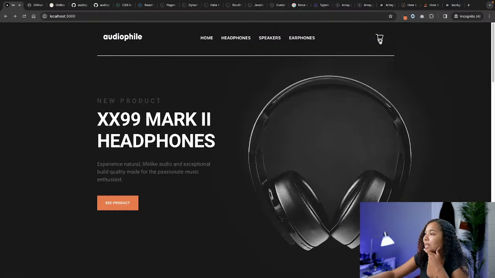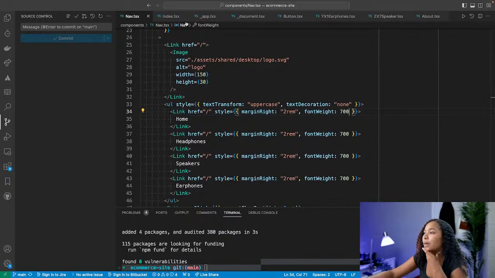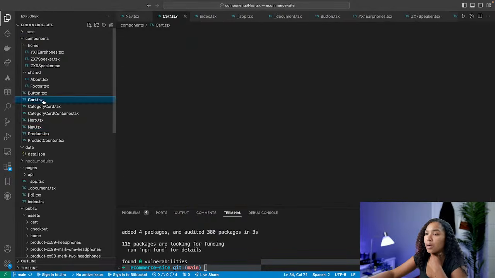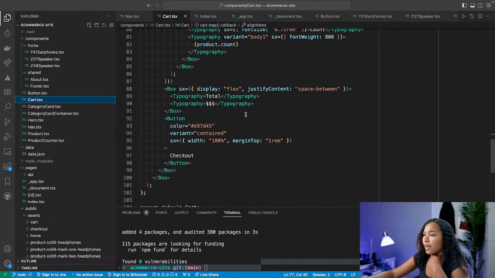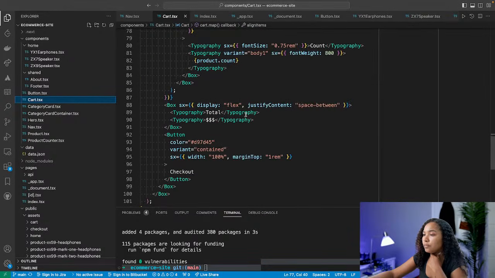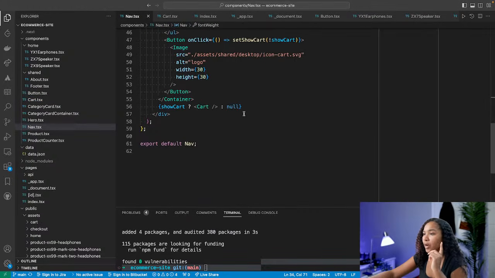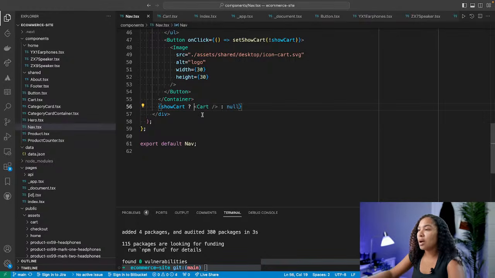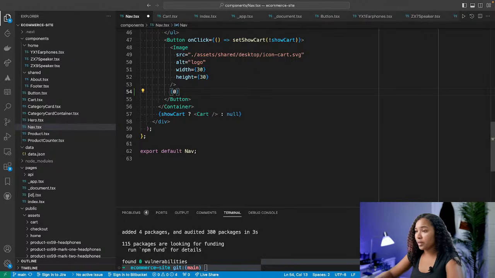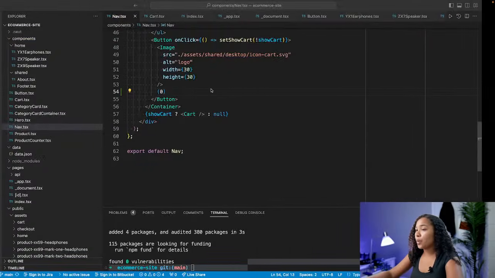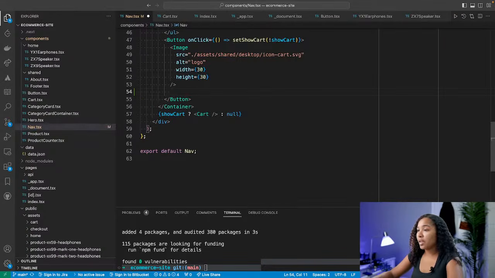We could also add a number of items in the cart here. So if we go to our nav and go to our cart, actually in our nav, sorry, we have our cart icon here. But what would be really cool to have is the brackets with the number next to it, just right next to that image. So what I could do here is I can say,